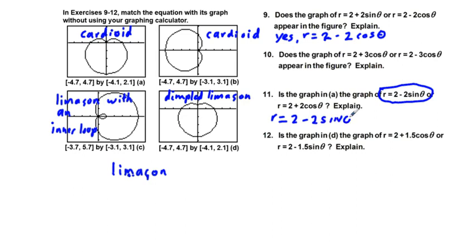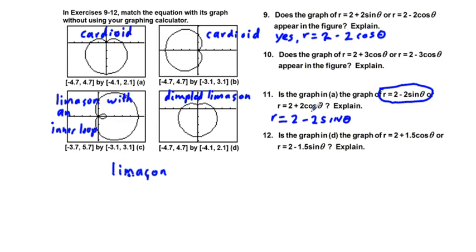Now, I already predicted this. You saw me do it live. Trust me that I didn't check in advance. Well, the reason is when you have a cardioid or type of polar equation that is going to be with sine, you're going to be talking about a vertically symmetrical type of graph where the y-axis is going to be an axis of symmetry,